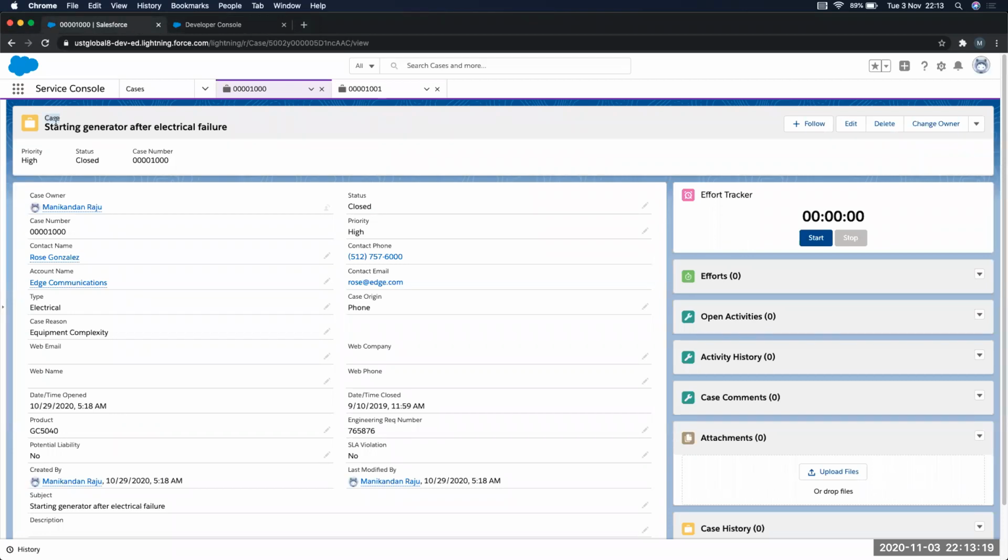On a case, let's say I'm going to work on a case, right? I wanted to track the effort that I have put into resolving a case. So in that case, I can use this timer. There is a component which I've embedded onto this page, the effort tracker. It's an Aura Lightning component, and this is static text I have used, but I'll use setInterval to keep it running. Whenever I click on start, this will start, and whenever I stop, it will stop.